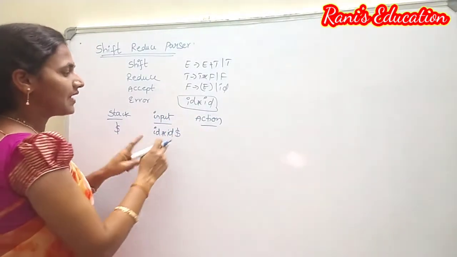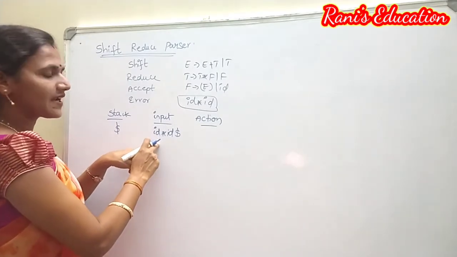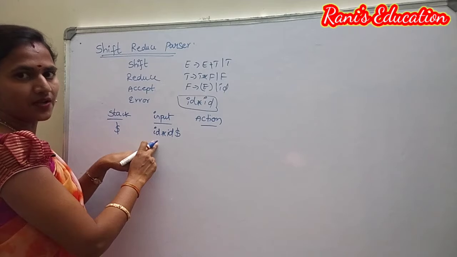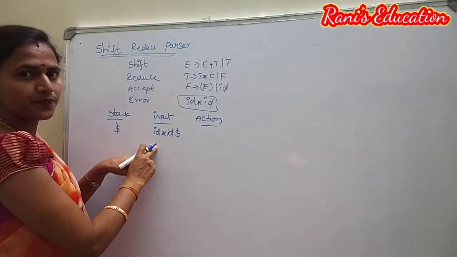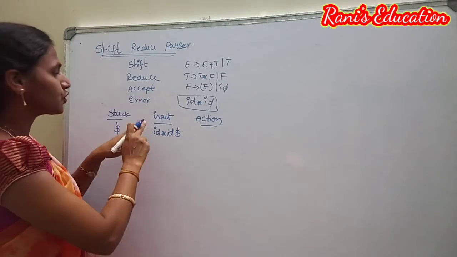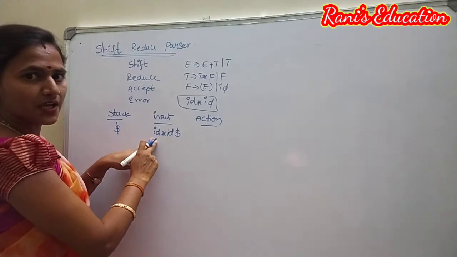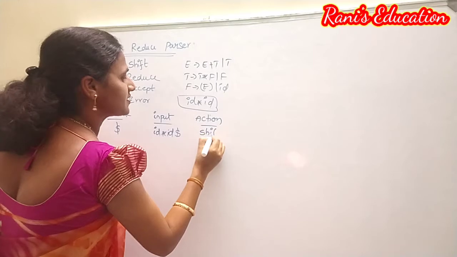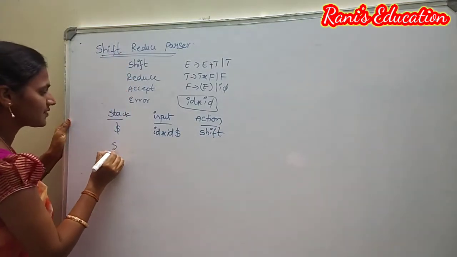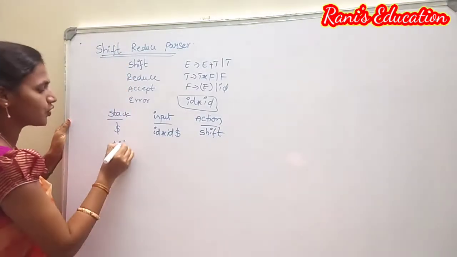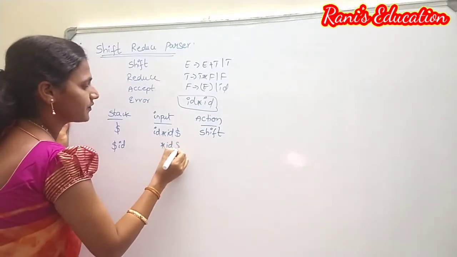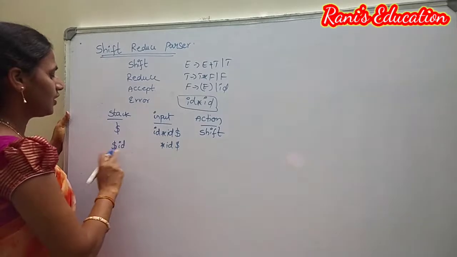Okay. So now we have to see, what is the current input symbol in the input string? id, which is a terminal. So now we are supposed to apply the shift action to shift this input onto the top of the stack. So here I am going to apply the shift action. That means id is shifted onto the top of the stack, and the rest of the input is star id dollar.